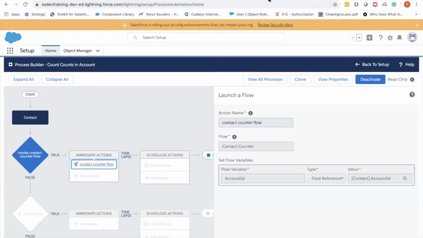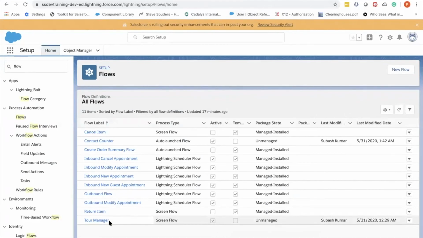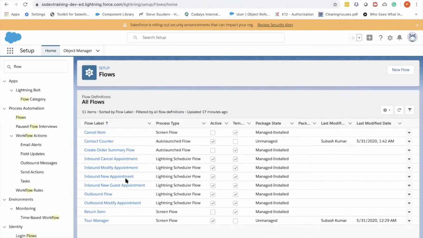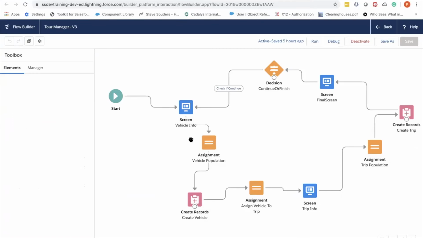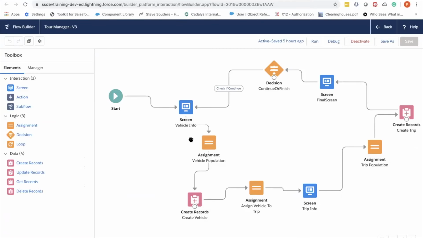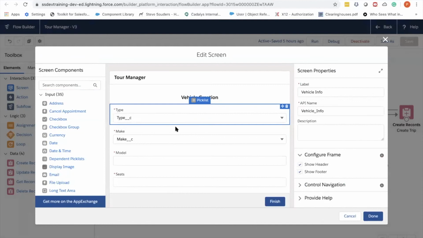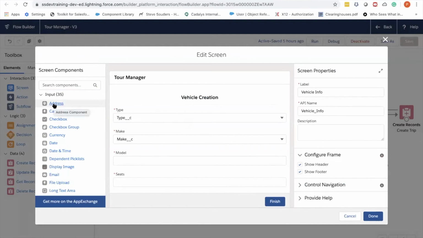Now let us go and see the tour manager flow, which is a ScreenFlow. So I told you ScreenFlow requires a user interface. So I've dragged the ScreenFlow element over here. If you open up the ScreenFlow element, it normally contains a blank screen, and all you need to do is drop in the fields that you want to be shown on the UI. Say, for example,